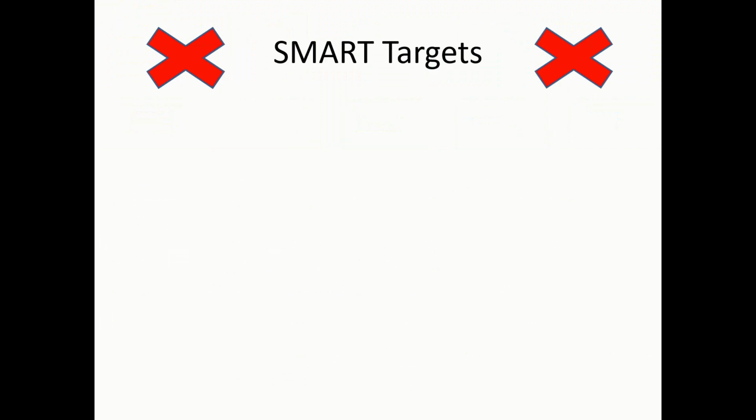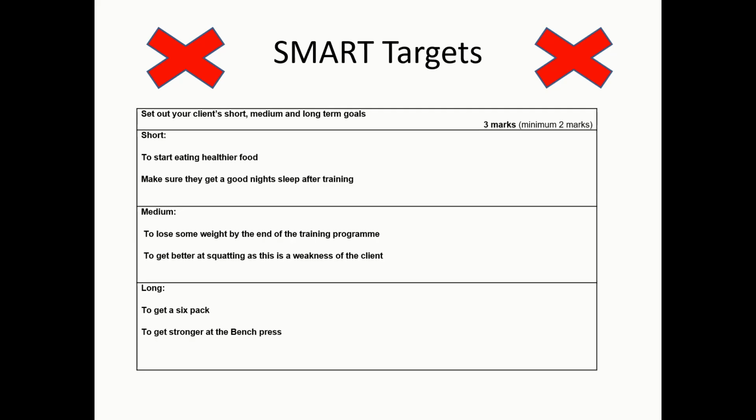Given that this is probably one of the areas of the LAP where students in the past have made the most mistakes and therefore had to make changes to their LAP, we thought it might be a good idea to give you a range of bad examples so that you don't put anything of the same standard in your learner achievement portfolio. So if we just have a look here at some short, medium and long-term goals, examples of which wouldn't make the grade and therefore would need to be reattempted if these were submitted as part of the LAP